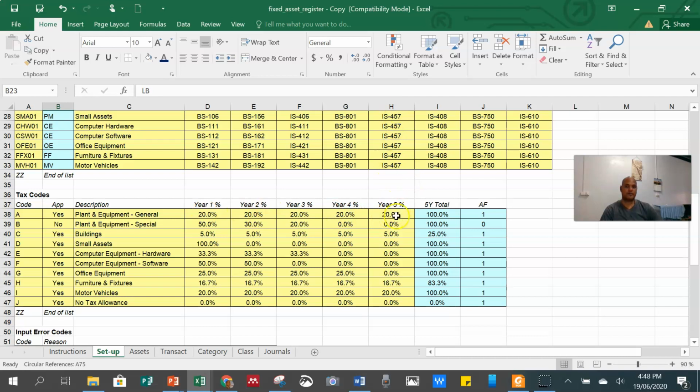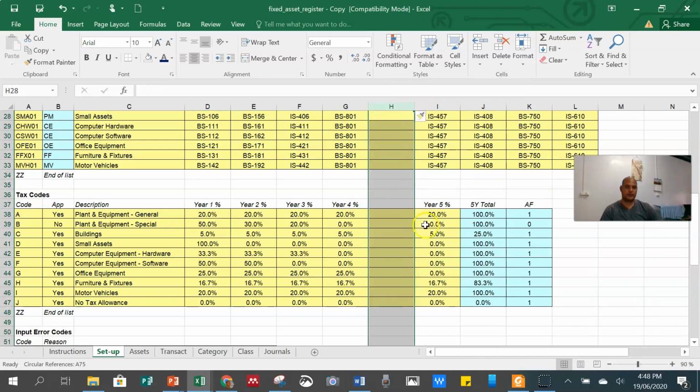So you can put here like 20%, 20% here, 20% here, 20% here. These are all for the entire 5 years. And also it can be extended to additional years by copy and paste here. When you copy and paste, it will give you another year. This one you can pull it back. This one is okay, this one's here.